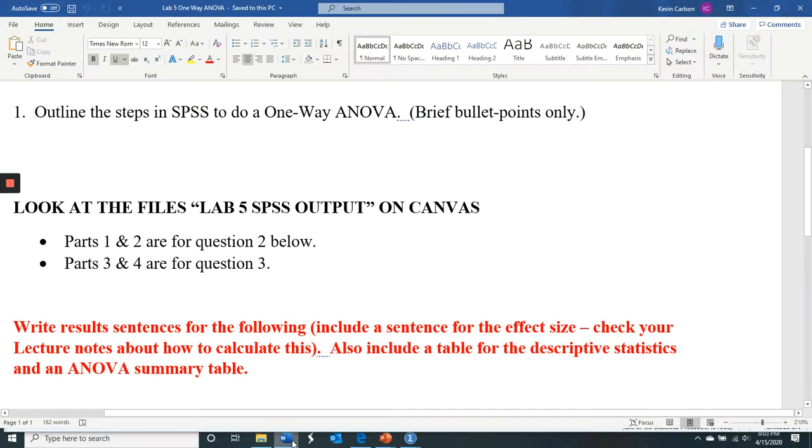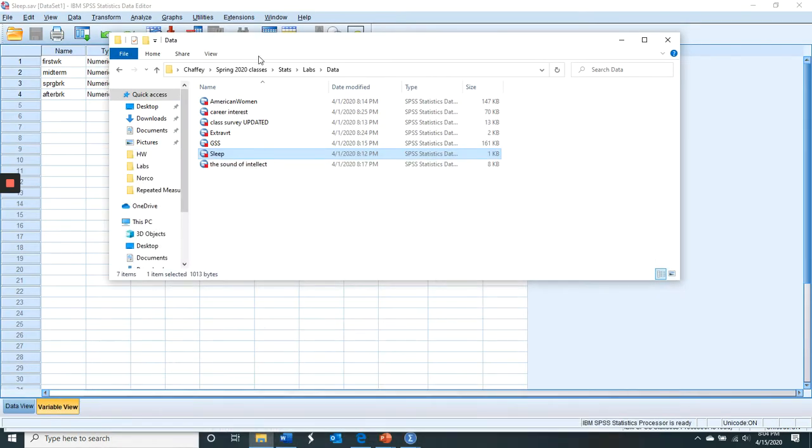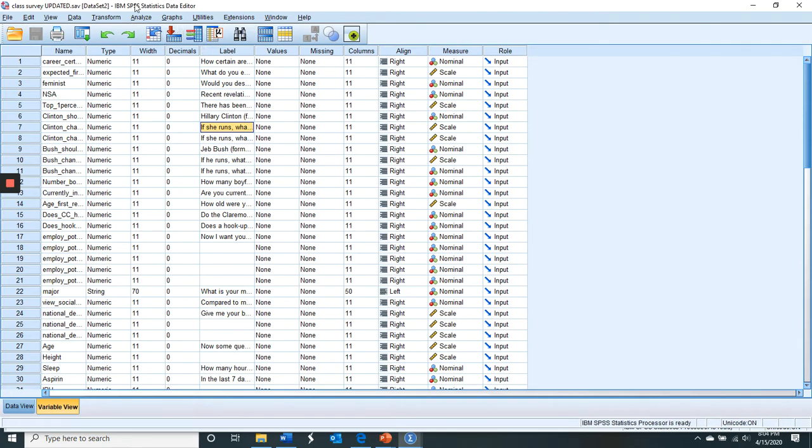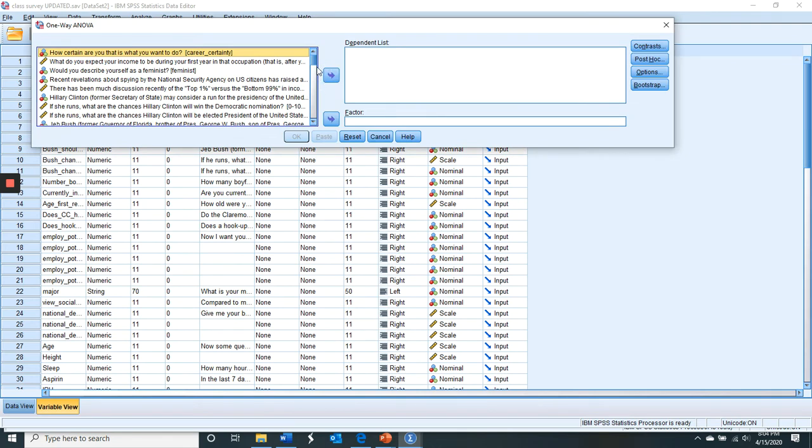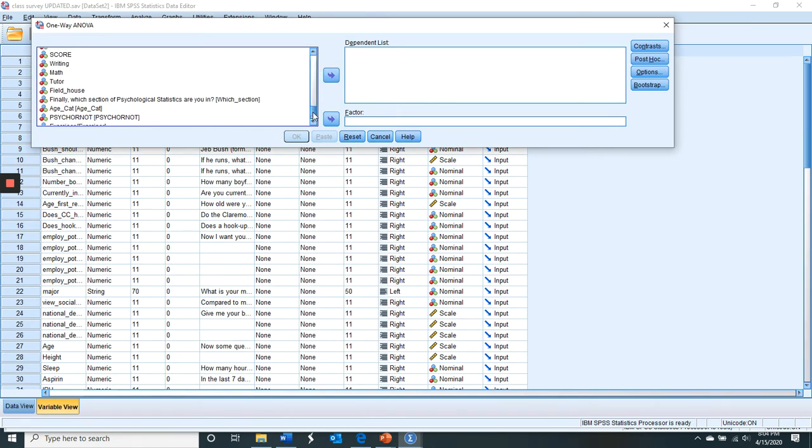Yeah, we have the age categories in this file. So analyze, compare means, one-way ANOVA. So we were looking at the age category,